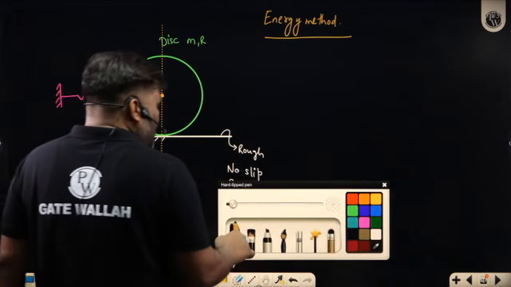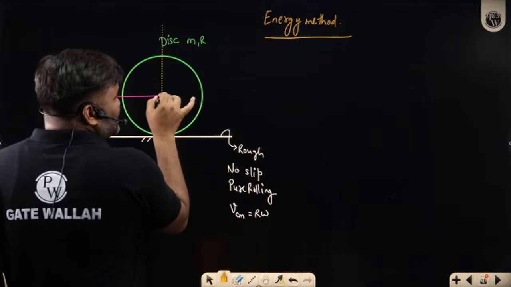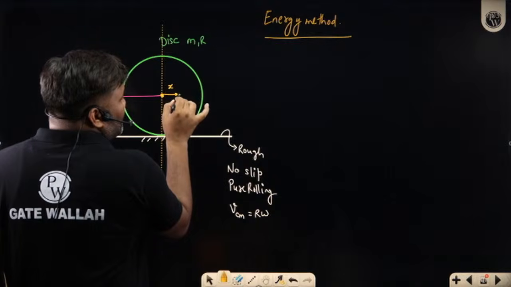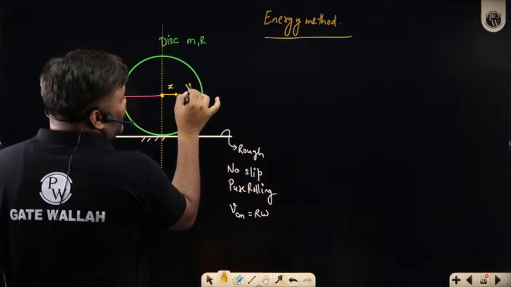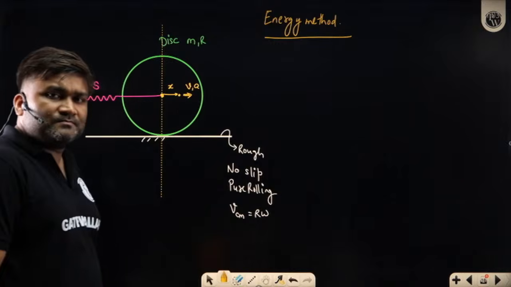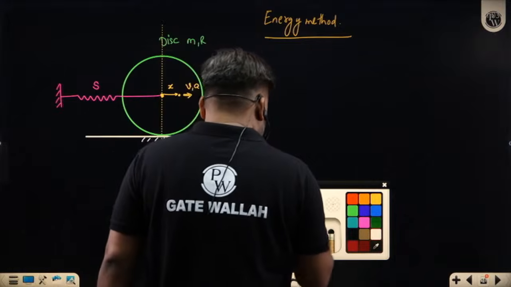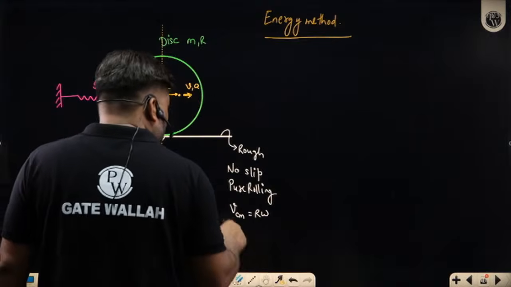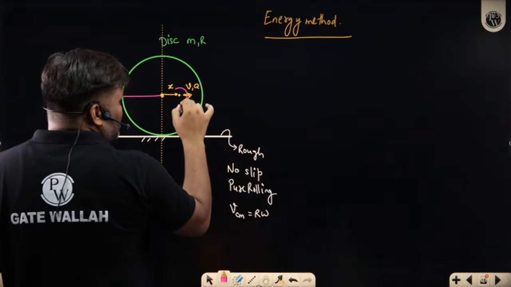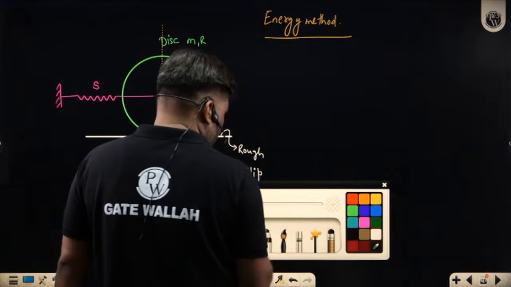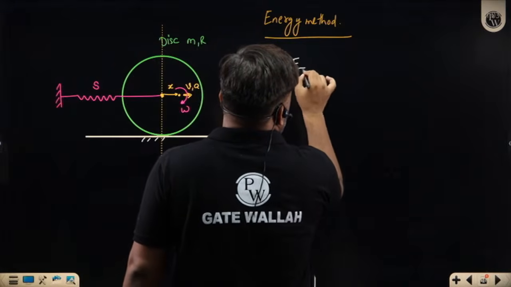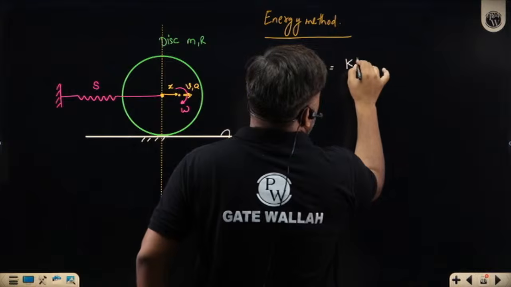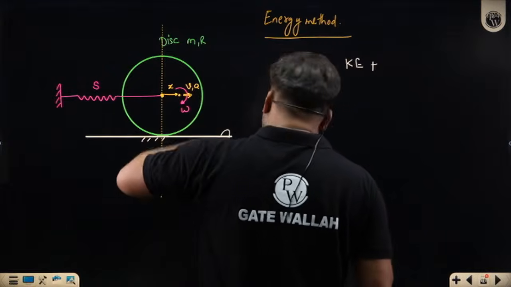Clear? So at any general time t, this center of mass of this body was at some x distance here, and further it was moving with some v velocity, a acceleration. This is how we write it. And when it was moving with some v velocity, it was not just moving, it was also rotating. So about this center, it was also rotating with some omega velocity. How can I write the energies? Sir, what total energy will you get? Mass is moving with v velocity, kinetic energy. Mass is also rotating, rotational kinetic energy.